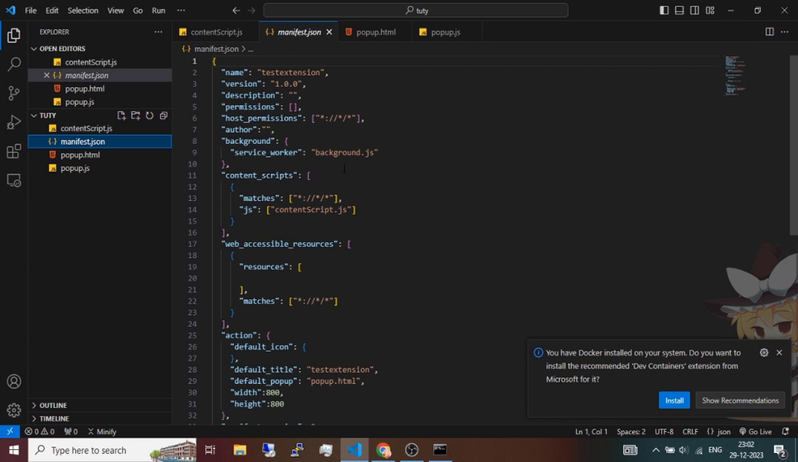And let me give you a little bit of introduction of it. If you want to know more than a little bit of introduction, you can always go to their official website or documentation. So here we got the name, it is the name of your extension, whatever name you want to give. Let me give this extension a name as